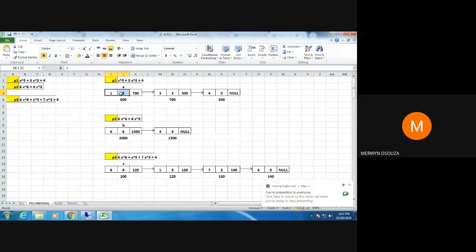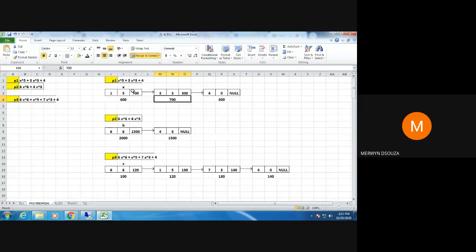Here, the data part will have two members, coefficient and power, so two int variables, and the third one will be the next part. Once you have declared the structure of a node, whenever you create nodes using malloc, they will automatically be created with three parts.